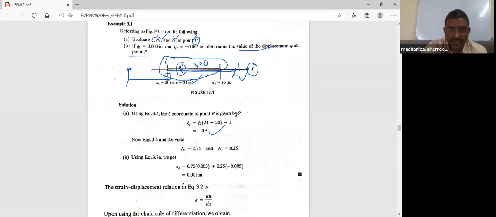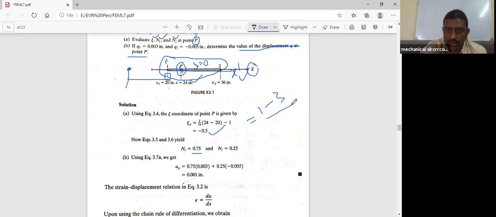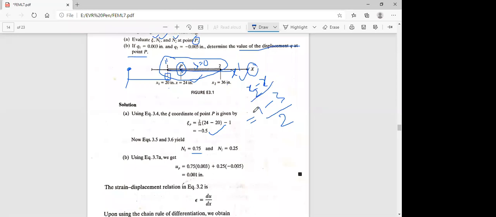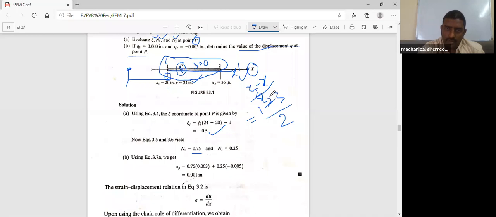Okay. Shape functions. So N1 is equal to 0.75. What is the relation for N1 in natural coordinates? 1 minus J by 2. Sir, do we have to assume the N1 value, or will they ask it as a question? We have the N1 function, right? 1 minus J by 2, that is in natural coordinates. In Cartesian coordinates it is x2 minus x by x2 minus x1, the element length. You can find it either way.